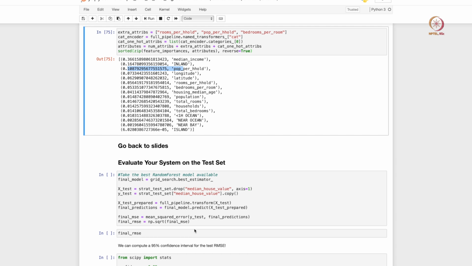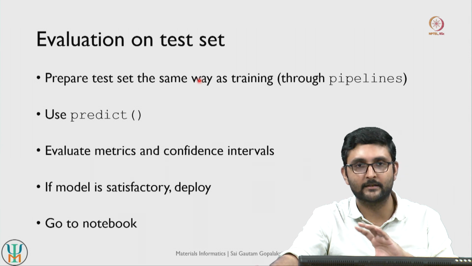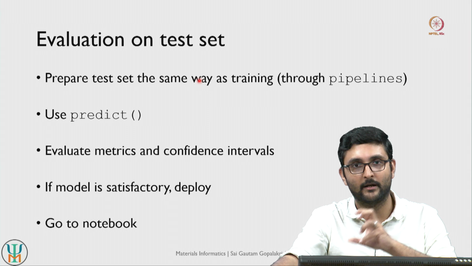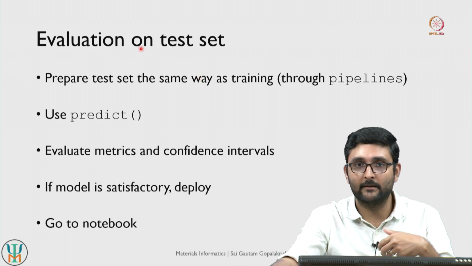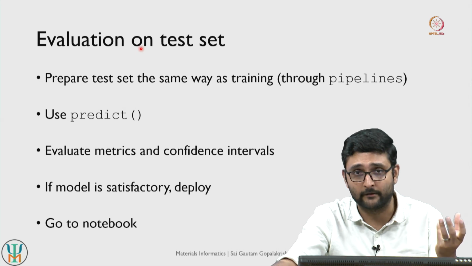Let us go back to our slides, and we have one final task left. So we have now fine tuned our models also, right. The task that is now remaining is to basically evaluate our model on the test set. So remember that the test set is something that the model has not seen so far, right. It has seen 16,000 data points through cross validation, right, during training and optimization, but it has not seen a single data point from our test set, right. So then the final step is to evaluate our model and test it, and then examine is our model good enough or not, right.